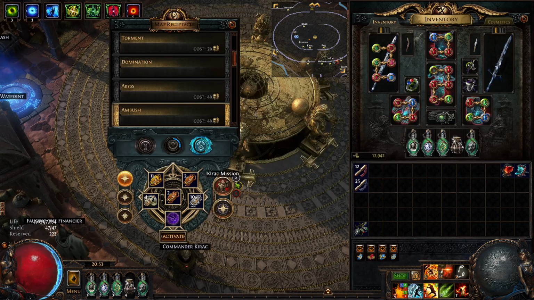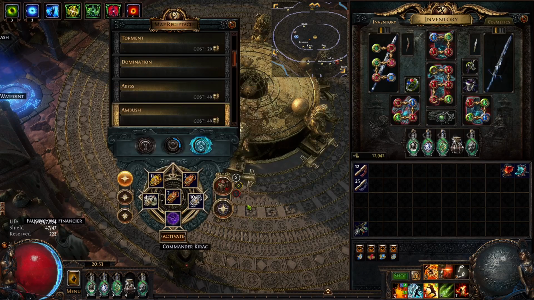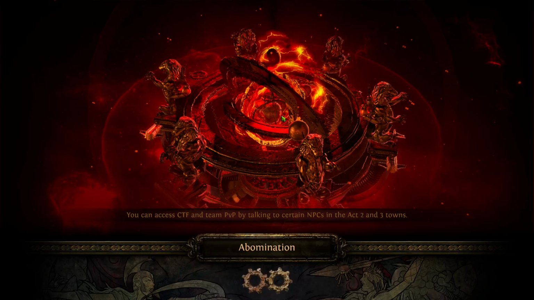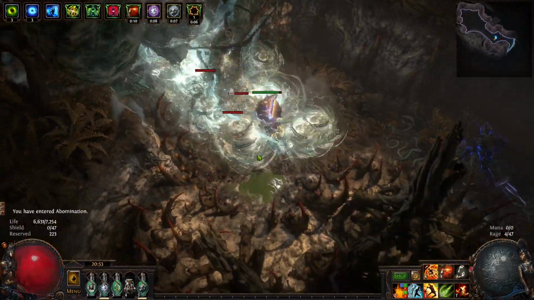Okay. So let's just go. I probably won't die here. It's got an extra 40% monster damage, but it is Abomination, so you never know. Could get shotgunned by the boss. Okay, let's see. Also got Blood Rage. I'm not going to get the wild with that, but...